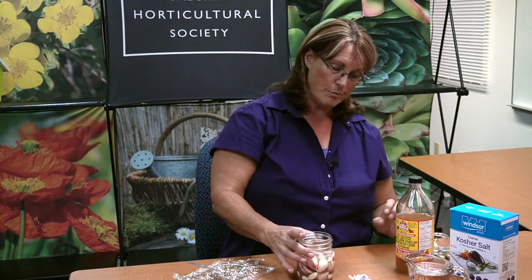So my jar is almost full, and I've made a brine, and the brine is the important part. That's what's actually going to kickstart the fermentation process. So what I've done is I have a cup of water, and it's important to use filtered water, not city water. You don't want water that's got chlorine or stuff in it. So you might have to buy a bottle, or let it sit and the chlorine will evaporate. If you want to really get the process going quickly, you can add a little bit of organic apple cider vinegar,